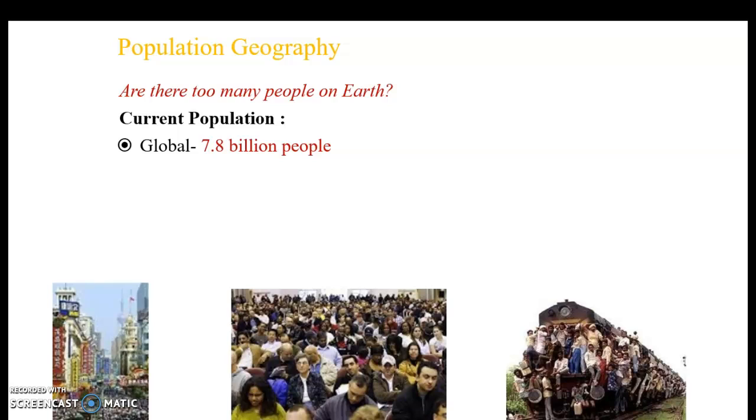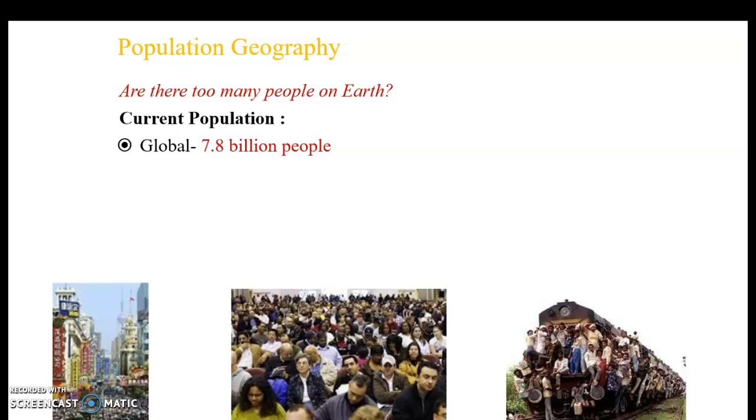When we look at arithmetic density, we look at just the number of people divided by the amount of land on Earth. If we look at physiological density, then we look more at how people are using land, how much arable land is available. The way I like to answer this question, are there too many people on Earth, is that if